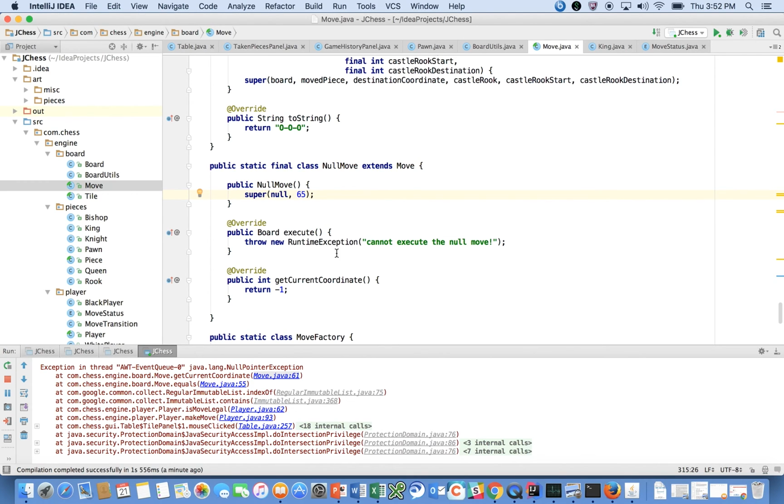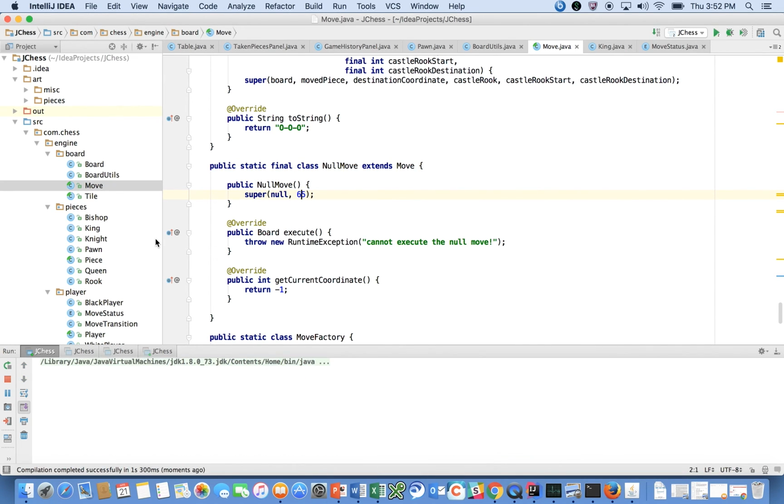Another way we could have addressed this is to have a null piece. Then we wouldn't have to hard code this at all. We could just pass in the null piece, and the null piece's current coordinate would be -1, and its destination coordinate could be 65. So maybe I'll do that in a future video. That's a refactoring that would make the code a little bit cleaner and more consistent. So if we run this code now,